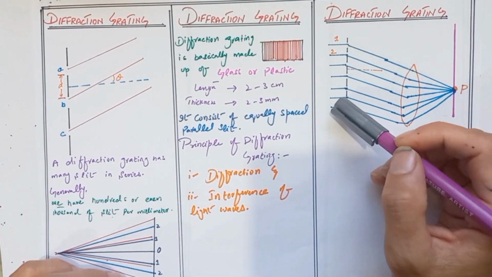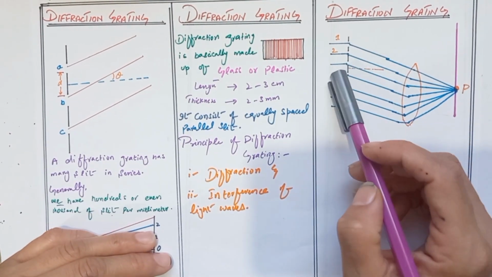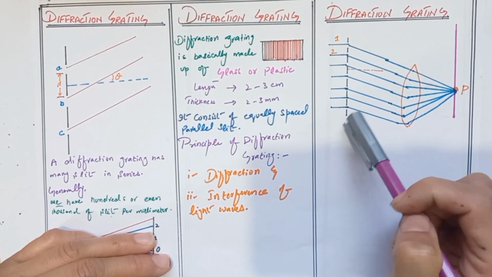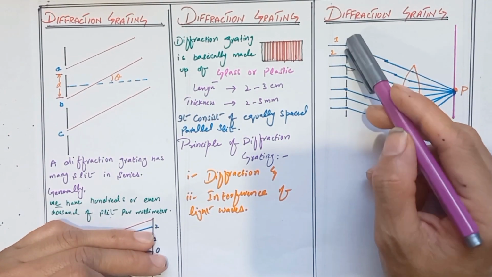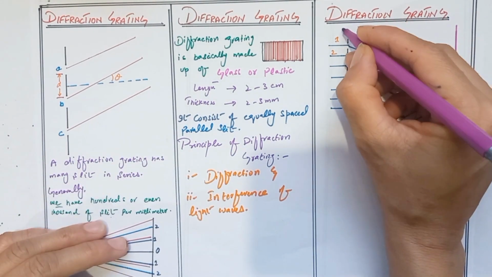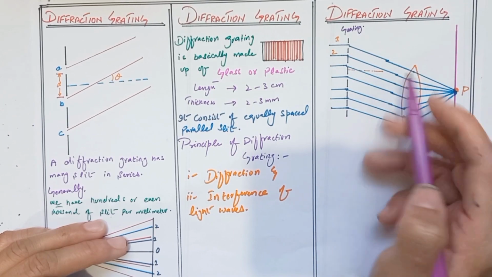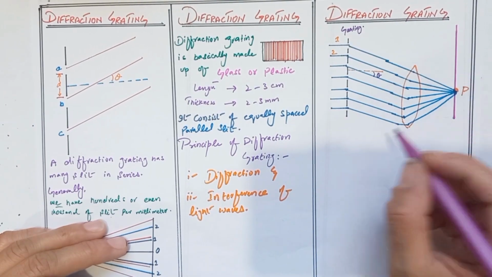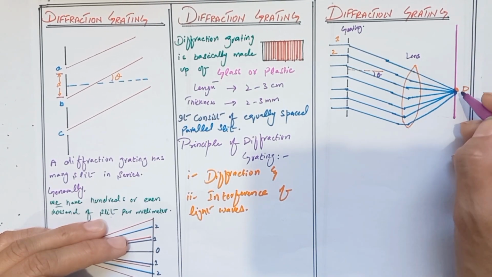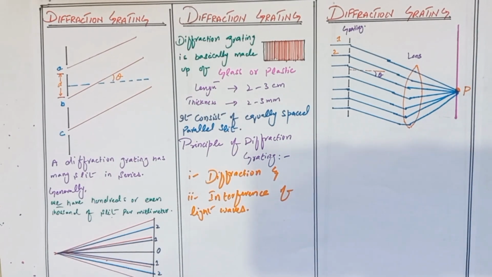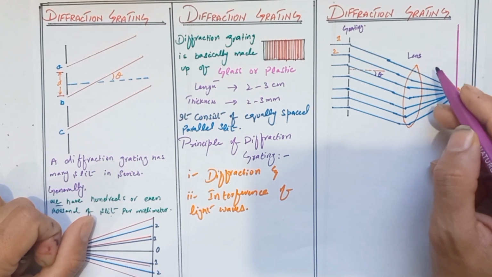In the diffraction grating, we can measure the wavelength of light by the diffraction and interference of light. When the light wave passes through the grating, which consists of many slits, it first diffracts and then interferes with each other at point P. So here we take the grating, which consists of a number of slits. Then parallel light is passed through these slits. It diffracts through an angle theta with the normal, and here we use a lens that converges the light at point P. So these diffracted rays are focused on the screen at point P by the lens.